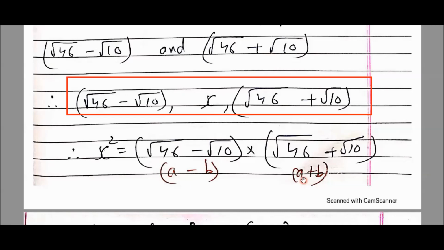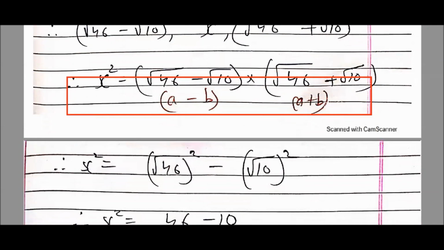Now to evaluate further, see it's so simple. Root 46 minus root 10. Root 46 plus root 10. In your sub-mind, for 1 second, just consider root 46 is a. Just consider in your sub-mind. And root 10 is b. Can I say this is like a minus b? In your sub-mind, consider root 46 as a and root 10 as b as you considered. But here we have plus. So this becomes a plus b. So can I say this is like a minus b into a plus b? What's the formula? A square minus b square. So let's go to the formula. A square minus b square.